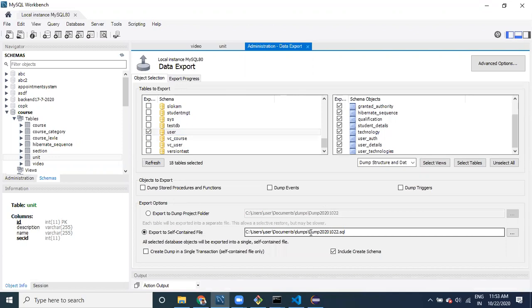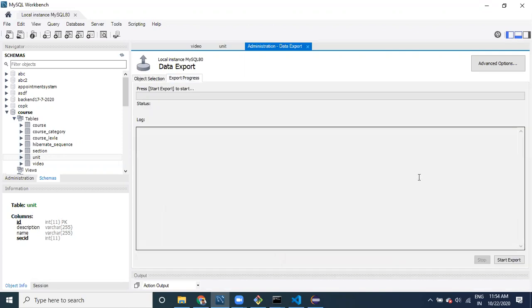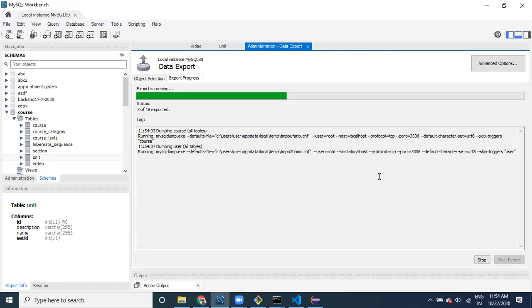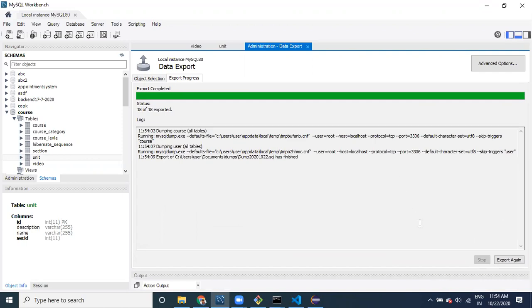This is the location where we can see the file, and you can go to the export, and then I'm going to say start export. Okay, it has done.